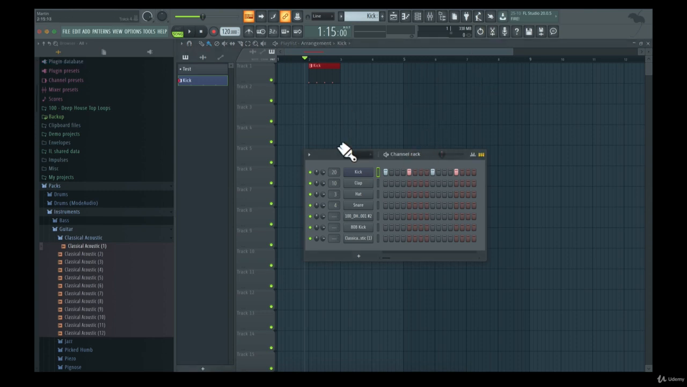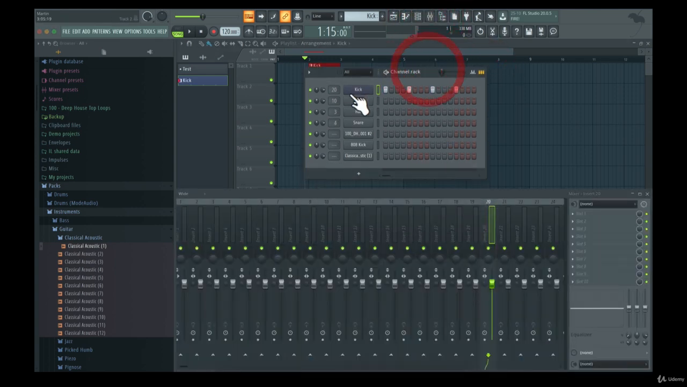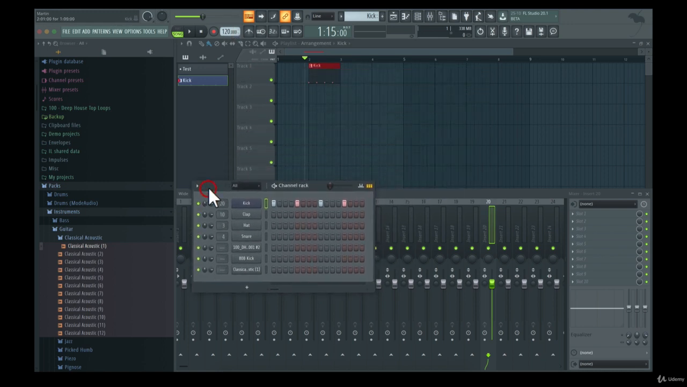Play this pattern here and just go to the mixer. You will see that since we chose this kick drum sample to be linked to the channel track 20 here in the mixer, the audio output will come out through the mixer track number 20. And now I think you will see the difference between the pattern